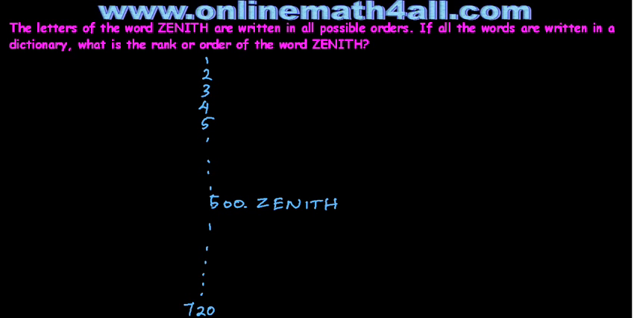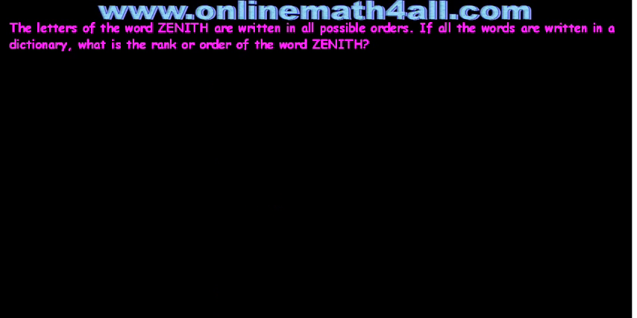So there are 399 words before zenith. So this is what we are going to find. I hope the students can now understand the question. Okay, so to solve this problem, the first thing I am going to do is